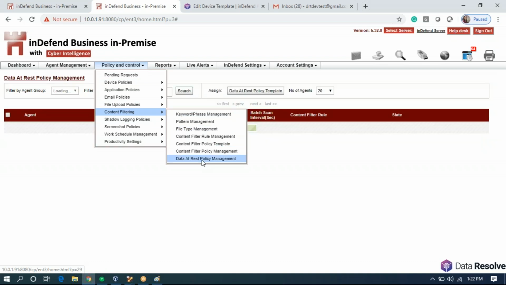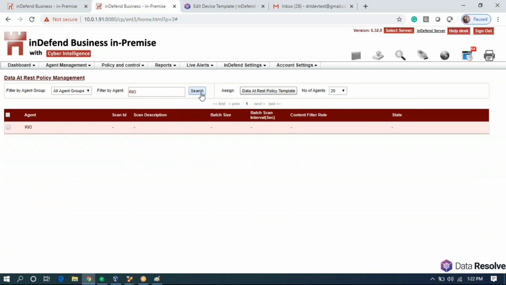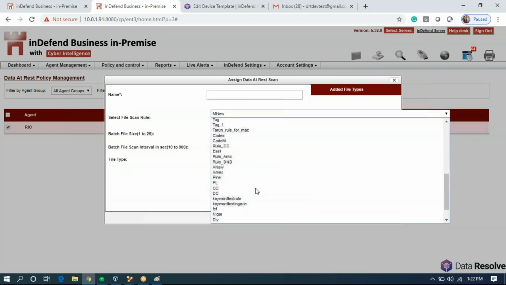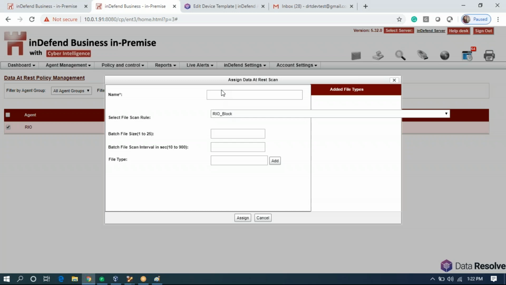However, if you would want to implement data at rest scan, you can go to data at rest scan policy, choose your system, click on apply data rest, choose the template that we have created. In this case, we'll choose Rio block.